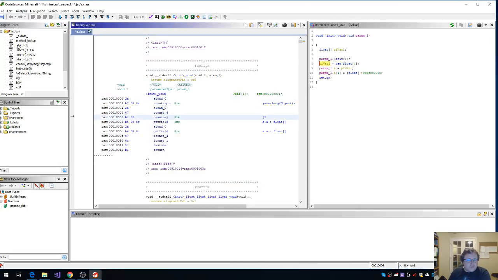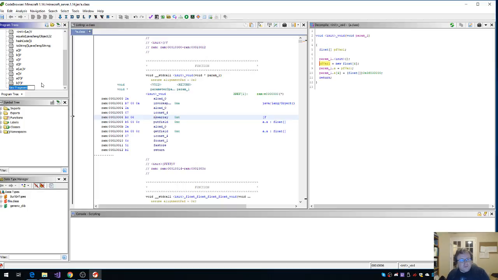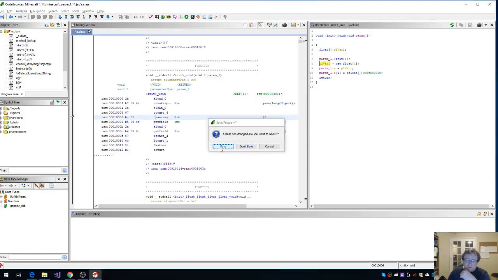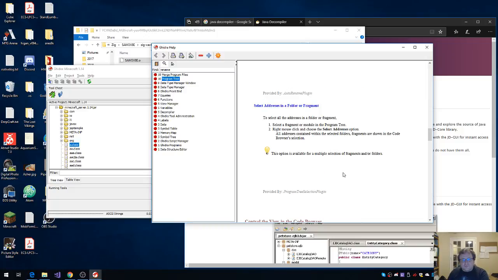Analyze. Here's a program tree. Okay. Sure, let's save it. So